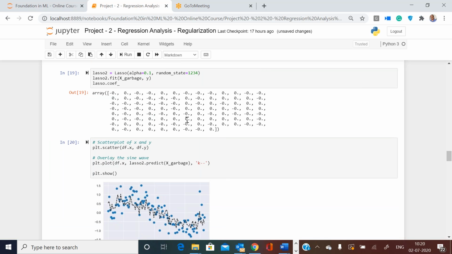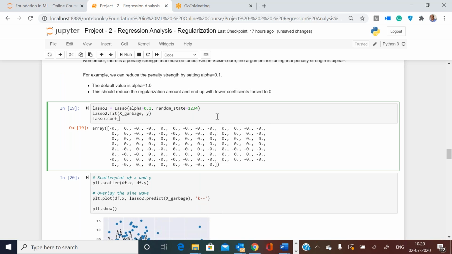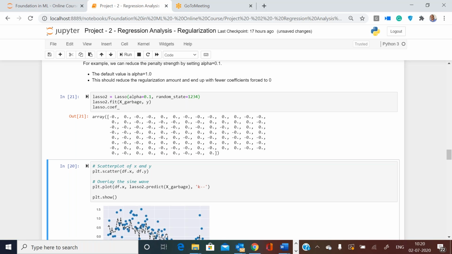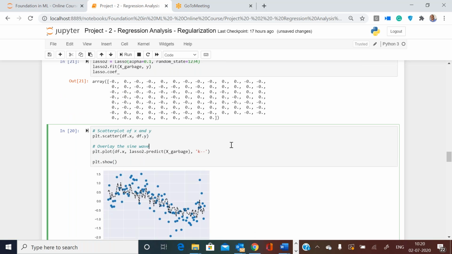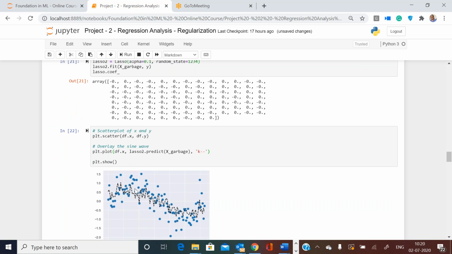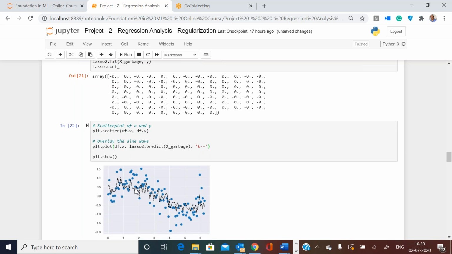I think some values are actually 0.0, but some values I don't know why. Maybe we are running it here again. Let us run this. But when you plot this with 0.1, reduced lambda, it has become a little different.